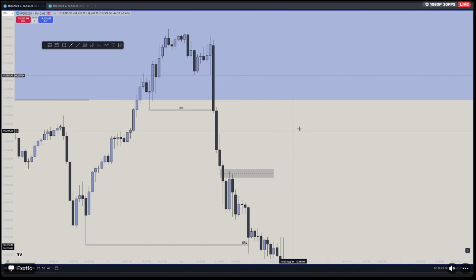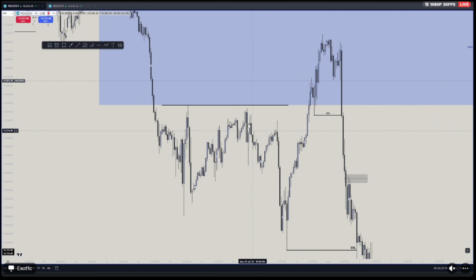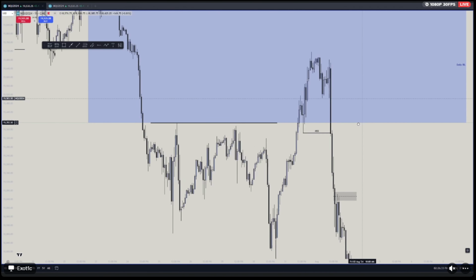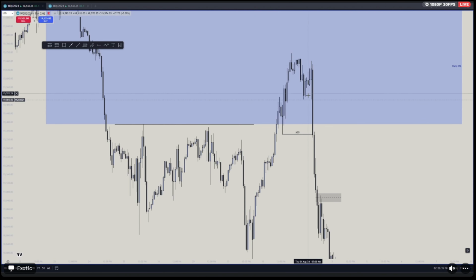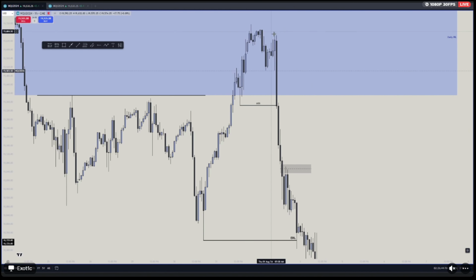It doesn't have to be on the daily. We can see that we came up out here, and this is your external range liquidity here, right? We came out. Now we have to return back to internal range liquidity. We can see we're failing to return to internal range liquidity here, right? If you wanted to run your standard deviations from this mitigation block, you can. But in that case, since we failed,